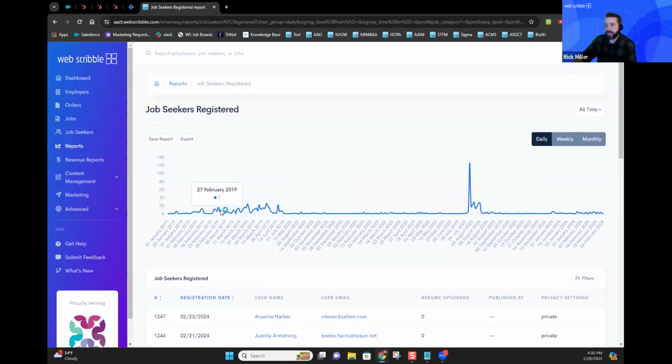We give you a nice little line graph here to give you an idea of maybe what times a year you get more engagement. Is it around your annual conference? It could be, depending on what you're doing around the conference. But this hopefully will give you some insight into why job seekers are registering maybe more in August than they are in February, what's happening around those times of year.